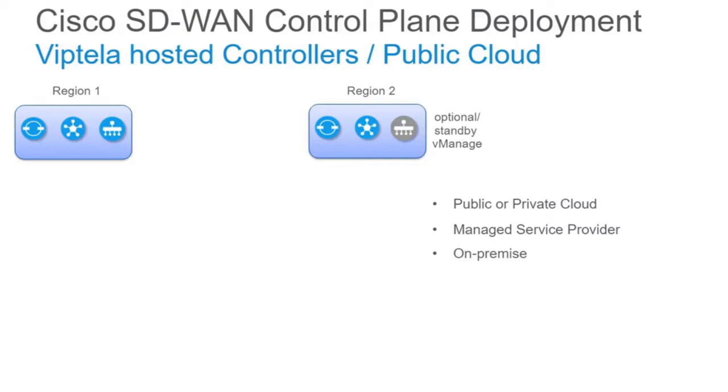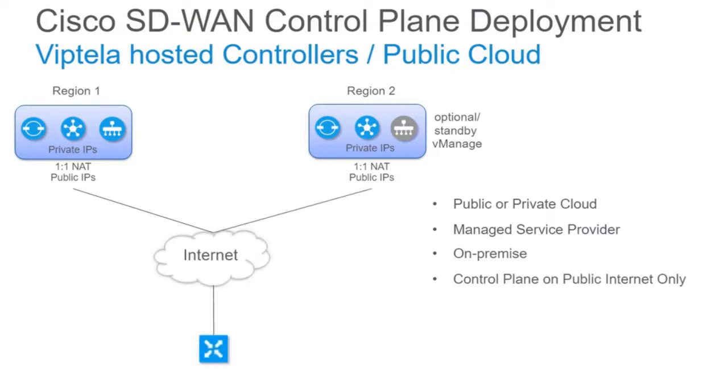recovered. IP addresses assigned to the interfaces are private IP addresses, and AWS provides one-to-one NATed public IPs for all the controllers. Control plane is established across controllers and the remote vEdges on the public internet. This model also supports data plane connectivity between the vEdges on other transports including MPLS, leased line, Metro Ethernet, and others. This means IPsec tunnels can be established on other transports, even if the control plane is only on the